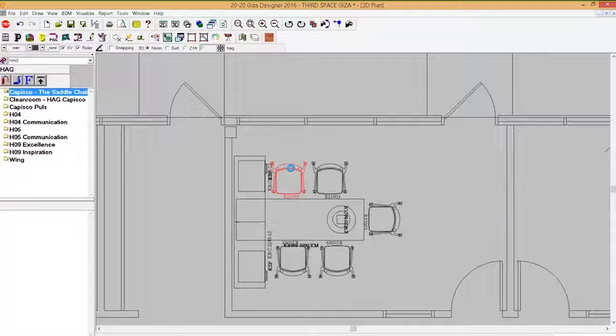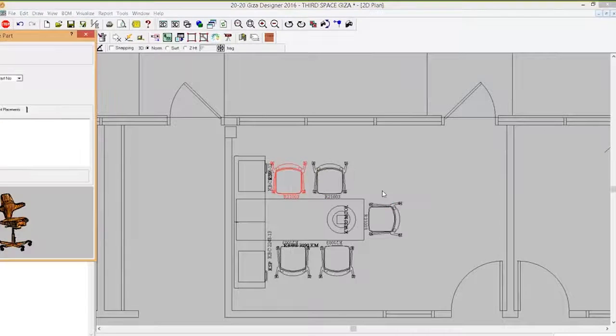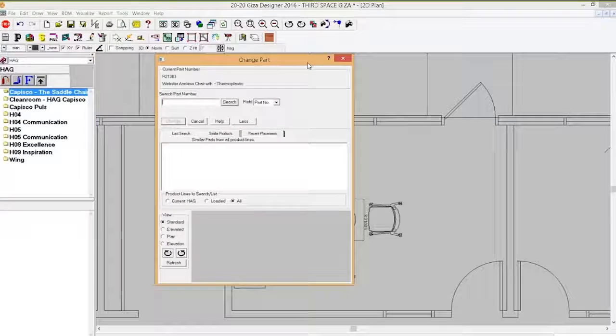You know, there's a thousand different examples for this. Maybe you've got a traditional desk and you want to switch it to one that can be height adjustable, or you just have some different products that you want to change really quickly. In Giza, you pick the item, right-click, change, and you'll notice there's change part number in the menu. When I choose change part number, I just open up this window and I can search for the product number. Again, I'm going to switch it to that same chair. So I type in the product number and you get a little preview of it,